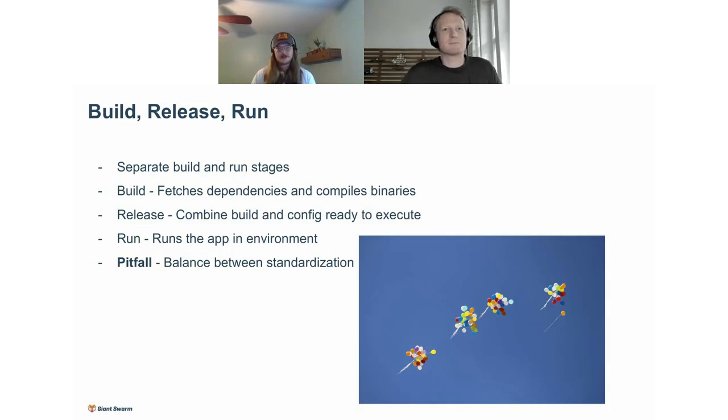A pitfall, however, that we've seen is balance between the standardization. You can have a number of multiple methods that are working within a group, maybe within a team, maybe within an organization. But what really is hard to do is if we're using one method to do something and we're sharing a cluster, another team is using another method to do their builds and releases. And then basically we have this huge knowledge gap just living on the same cluster. Maybe it's separate by namespace, that's fine, but it's a different deploy mechanism. So knowledge transfer across it, and even the community aspect of that, teams helping each other, improving and creating standards is all over the place.